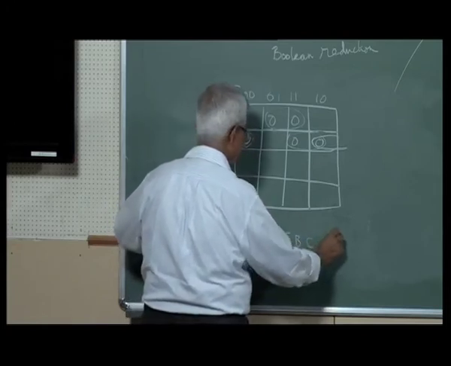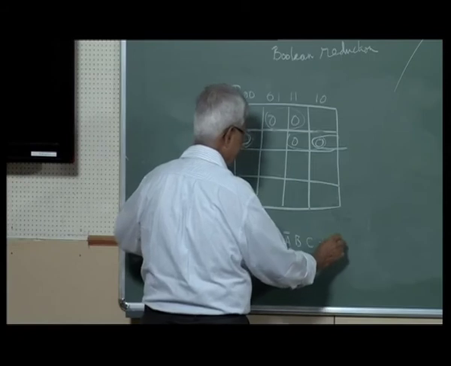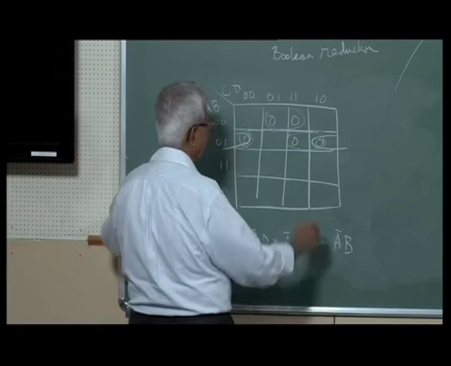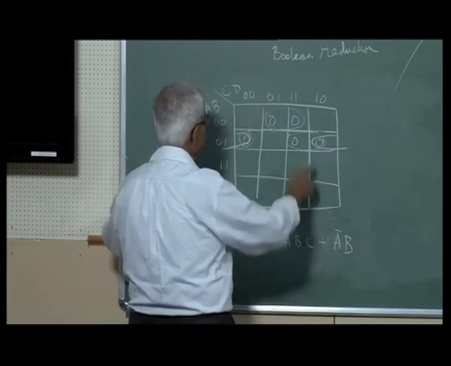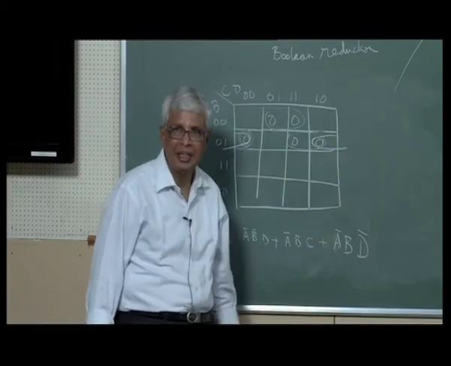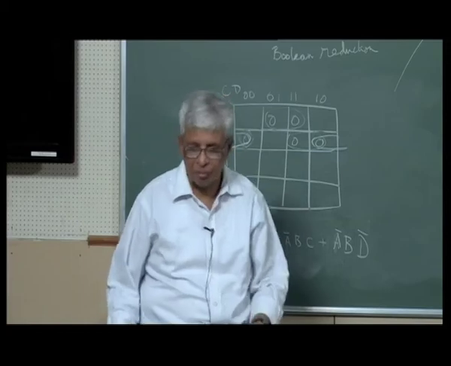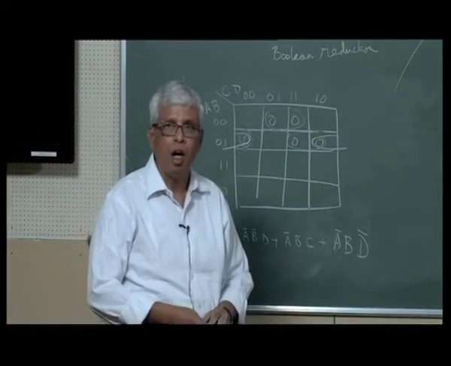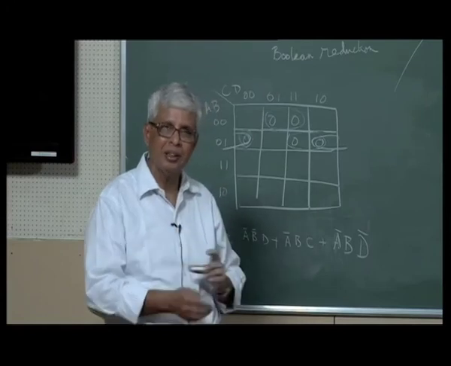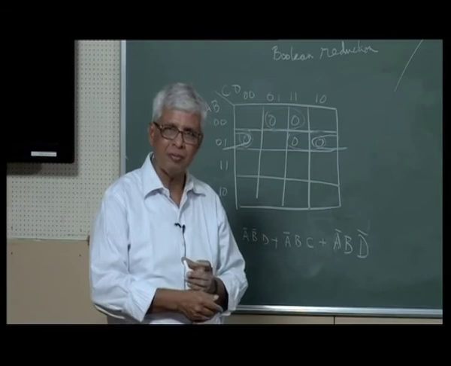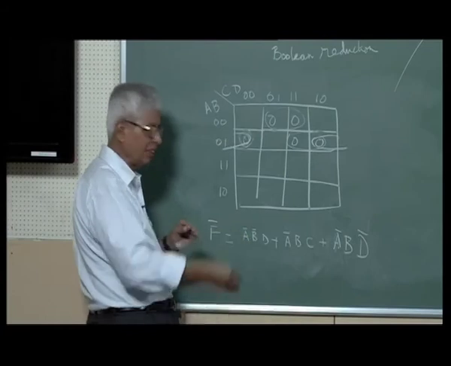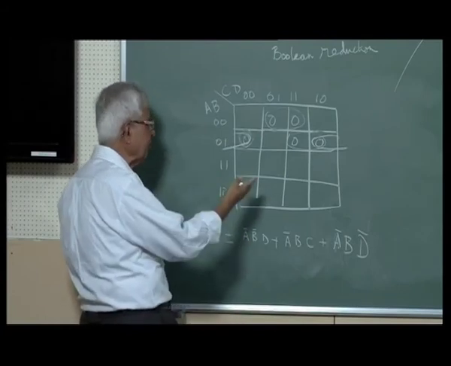A bar B, A bar B D bar, right? Same as this. Yes, sir. 3 terms there, 3 terms here. Now we can do De Morgan's, get F, or this is sum of products. Using zeros we put F bar, apply De Morgan's, get F, simplify it. I can directly get F by putting this